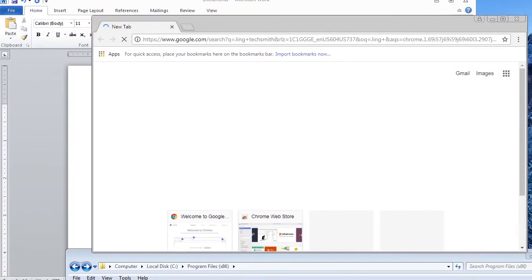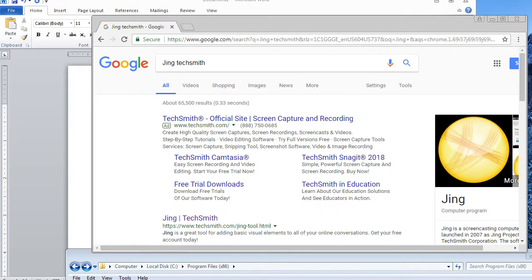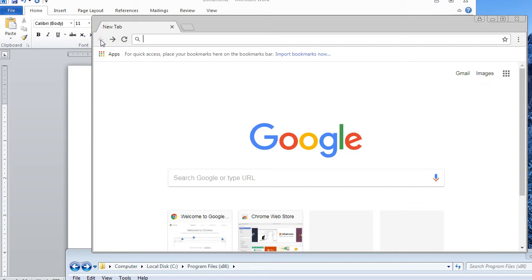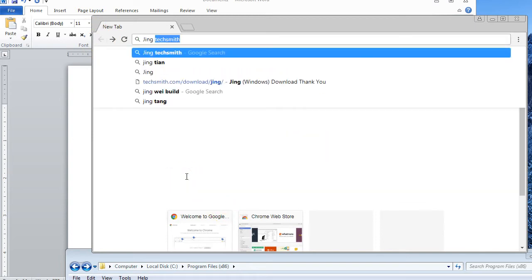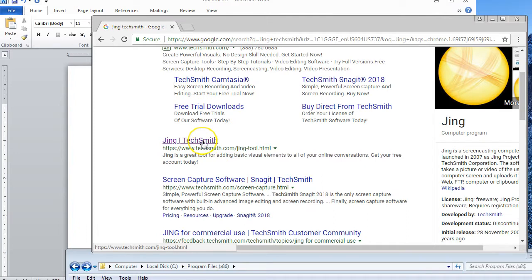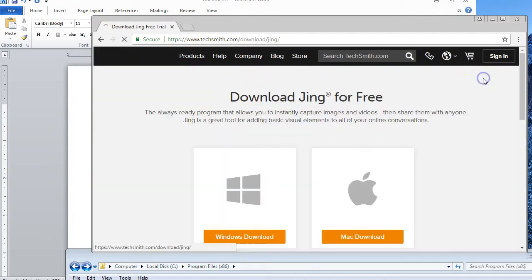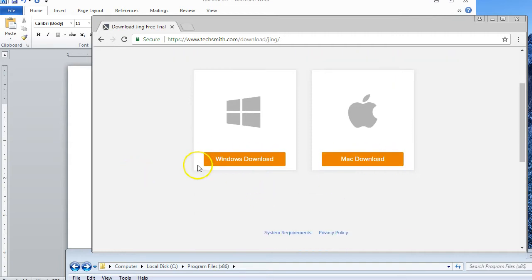This term, I want to use a program called Jing by TechSmith that is used to capture images and also take short video clips. So if you just type in Jing TechSmith in your search engine and then go to the one that says just Jing and TechSmith, choose download,